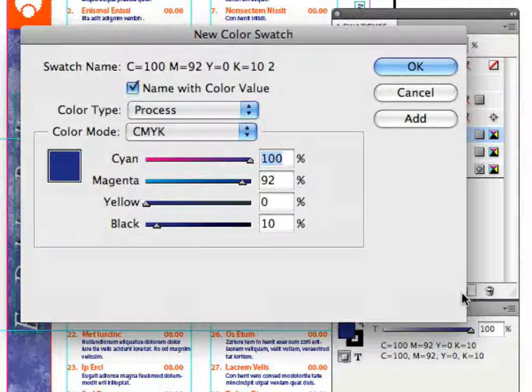Now, once this is here, yes, you want to talk about that add button? You really need to talk about that add button. New users often wonder what's the difference between OK and add, which is kind of ambiguous. Let's say that I'm going to make a new color, I'm going to reduce cyan, and there's a nice purple color. If I clicked OK, it would add this magenta-ish color to the Swatches panel and also